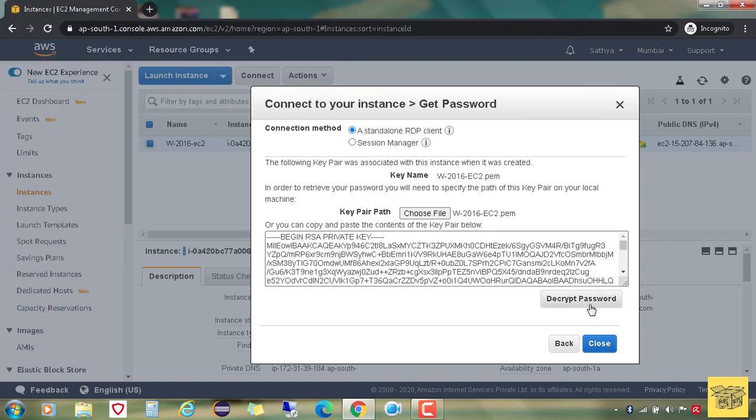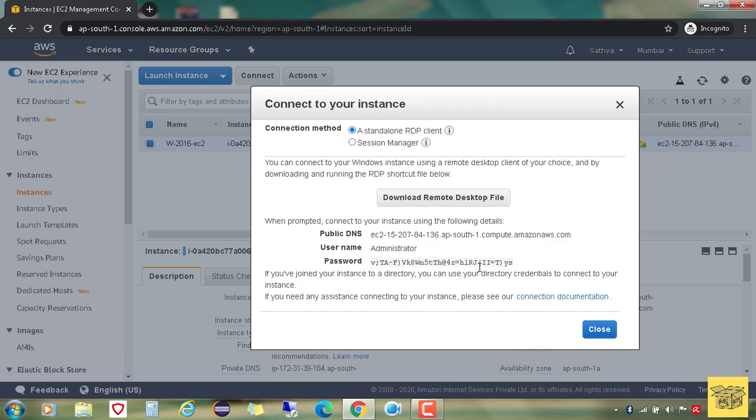Click on decrypt password. So copy this password and keep it handy. You will be requiring it while logging into the EC2 instance.